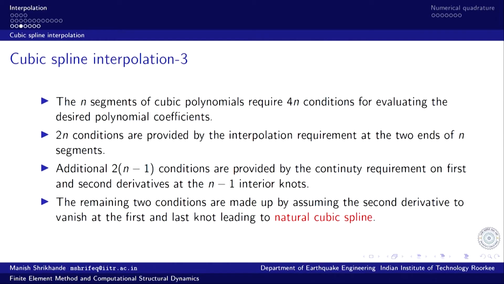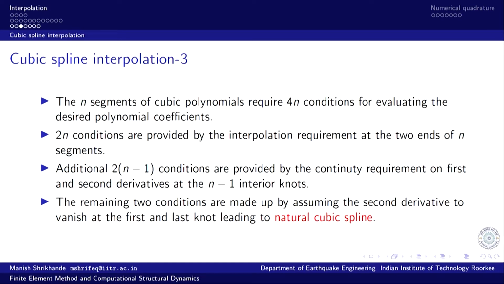So, adjacent spline segments have to be consistent, not just with respect to function values, but also in continuity of first and second derivatives across the knots. That provides 4n minus 2, so we are still left with 2 conditions to be provided,